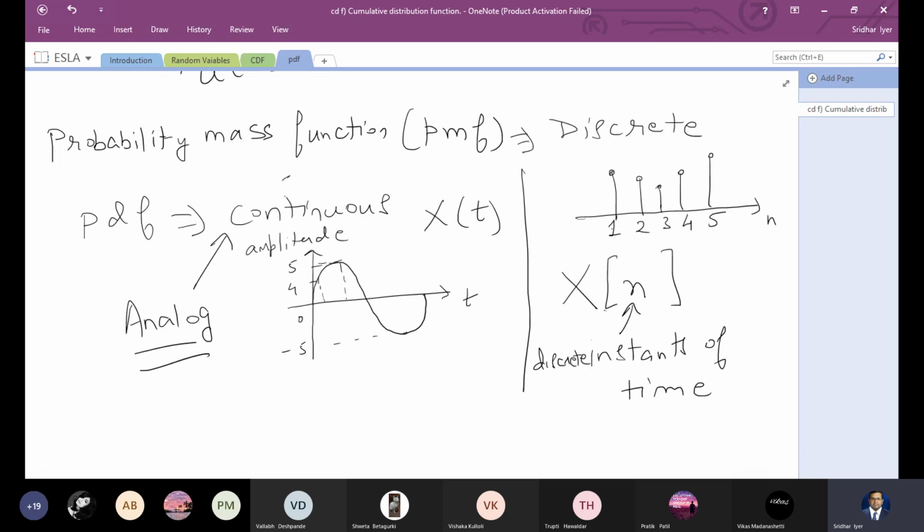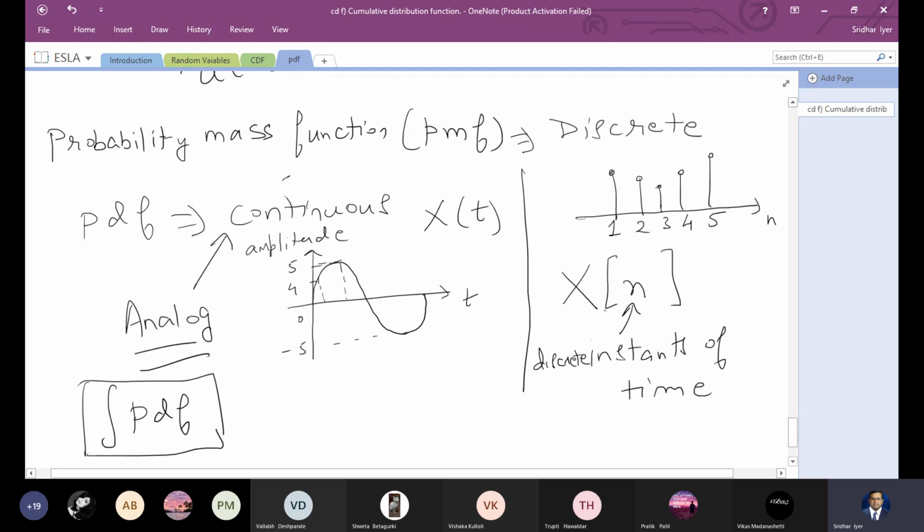I told you in that lecture, you can see this kind of signal in your Windows Media Player when you play a song. These signals bounce around when you increase or decrease the volume. So these are known as discrete signals. For these kinds of signals, we cannot find the PDF because the PDF is used for continuous signals. Therefore, we always integrate the PDF, whereas we cannot use this integral for discrete signals.